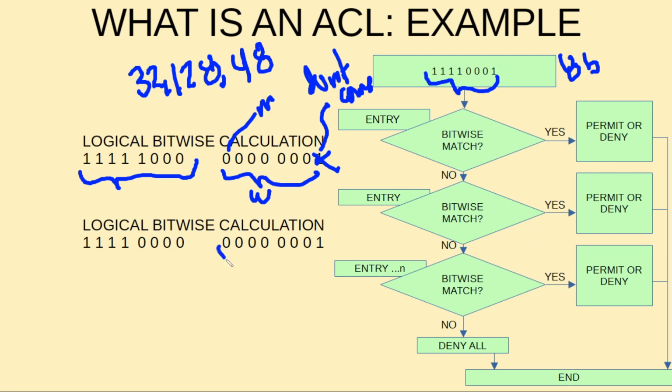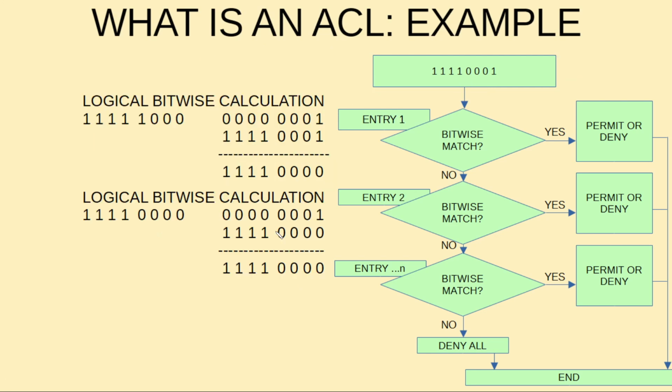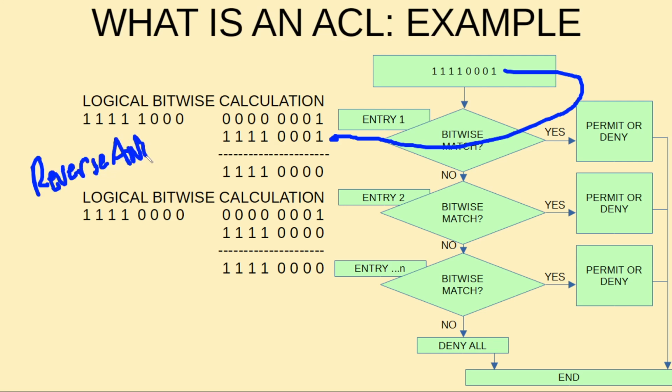In the second entry, we also have a wildcard. This may be different from the first one, and we have another expected address that is going to help us validate whether this entry was successful or not. So the process is the following. We are going to feed our data to the first entry, where we are going to execute a reverse AND operation at the bit level using the first wildcard. This will be the result. We are going to compare this result with the expected match value. In this case, we don't have a match,